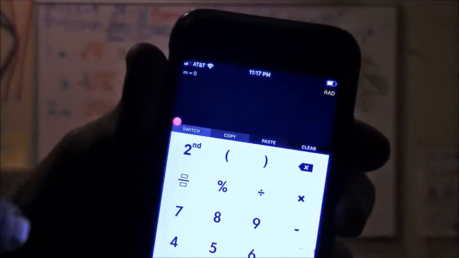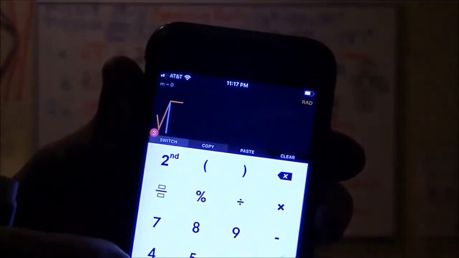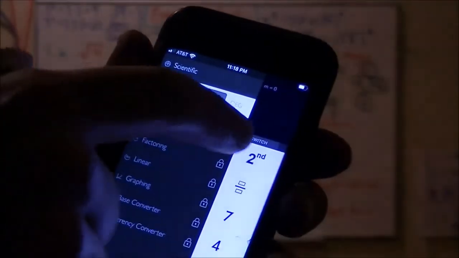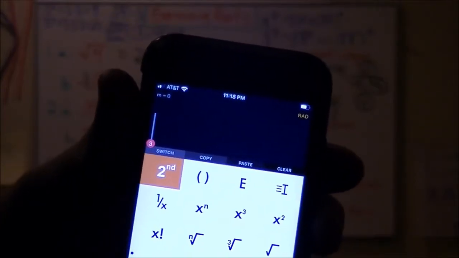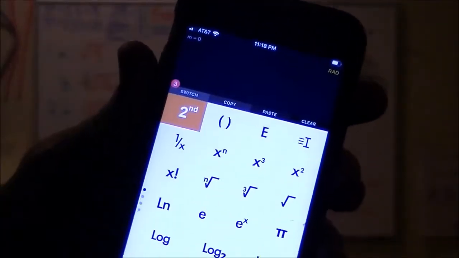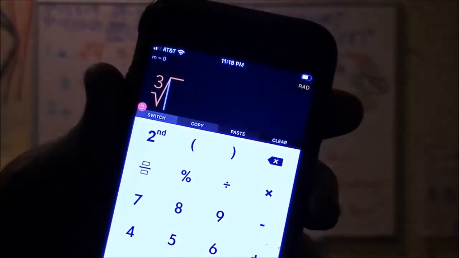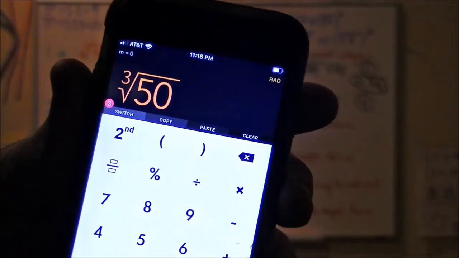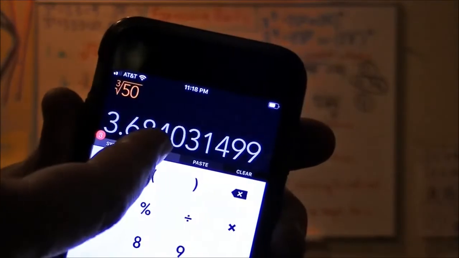We need to take the square root, no, messed up, didn't I? We need to take the cubed root, right there, third time's a charm for the cubed root, right? Sorry, I'm operating where I'm not looking straight on, it's hard to punch the right button. Okay, the cubed root, now we're in business again, of 50, which equals, to the 1,000 spot, which is 3 places,